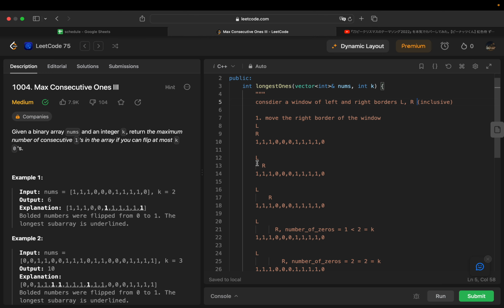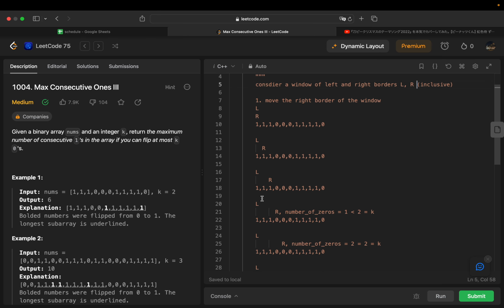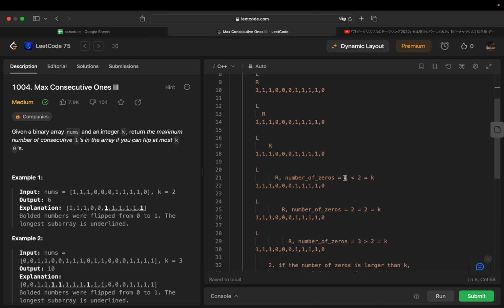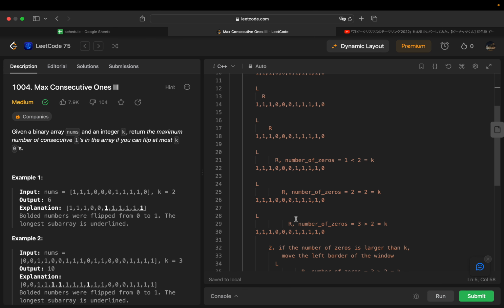We'll move it one step, two steps, three steps, and while moving the right border, we calculate the number of zeros that reside in these windows. So we can see that the number of zeros is 1, 2. Once the number of zeros in the window becomes larger than the number of flips we are allowed, then we